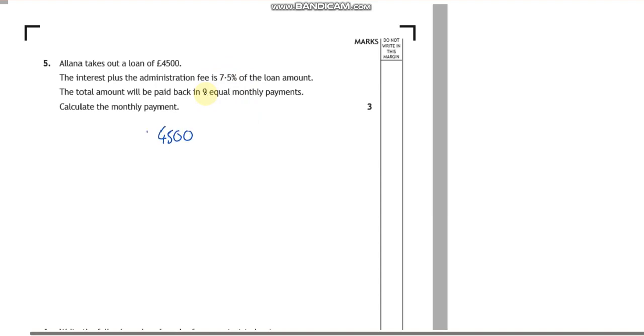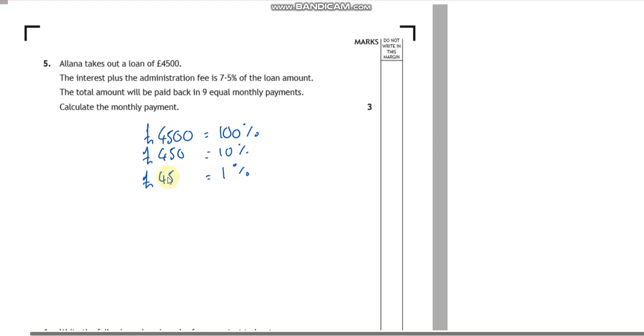So we're saying that 4,500, that's equal to 100%. So we need to work out 7.5%. So the first thing to do with this is to get 10%. And to get 1%, they're the easiest ones to find because you're just moving your decimal, or you could kind of in your head, you could say you're taking away a 0. Okay. So if I want to get 7.5,